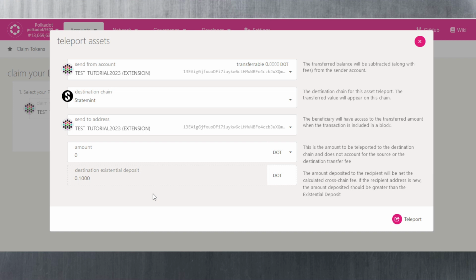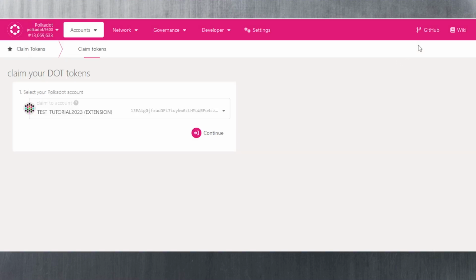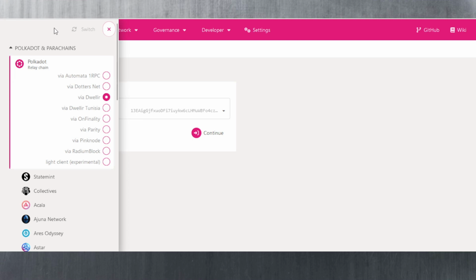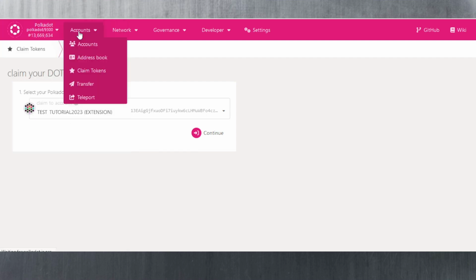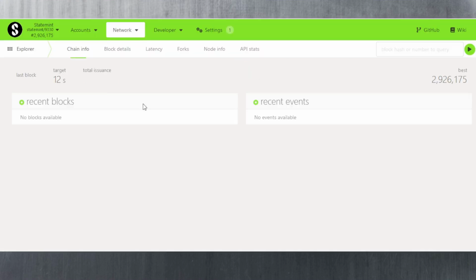Of course, if you want to teleport to Statemint, the common good chain, you hit teleport, you sign the transaction, and you're done. And then what you would have to do is click on the top left hand corner of the screen where you see all the different networks, and here you can see Statemint. And if you click on it and then hit the switch button and you wait for this to load,